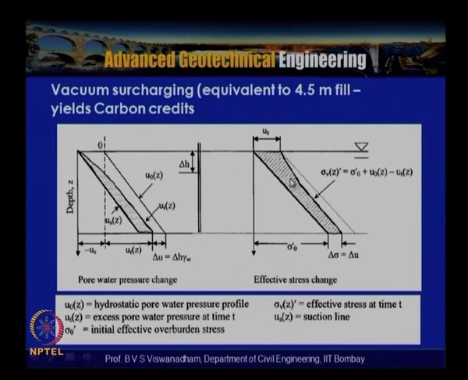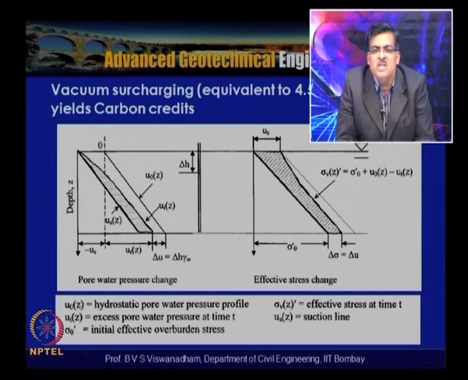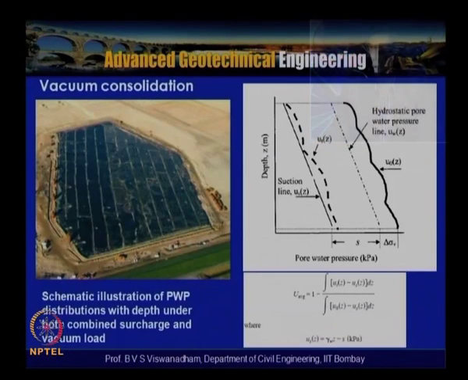With this, as we know, once we have the negative pore water pressure induced in the soil, this also was found to be very efficient in increasing the effective stresses in the soil, but the limitation is that the suction can be induced only up to -80 to -100 kilopascals. So it is limited to about 4.5 to 5 meter equivalent fill. So when it is used in combination with the PVDs, there is a possibility that this efficiency will be very high, and this is how it looks in the field. Another thing is that controlling this over a long, large site is difficult.